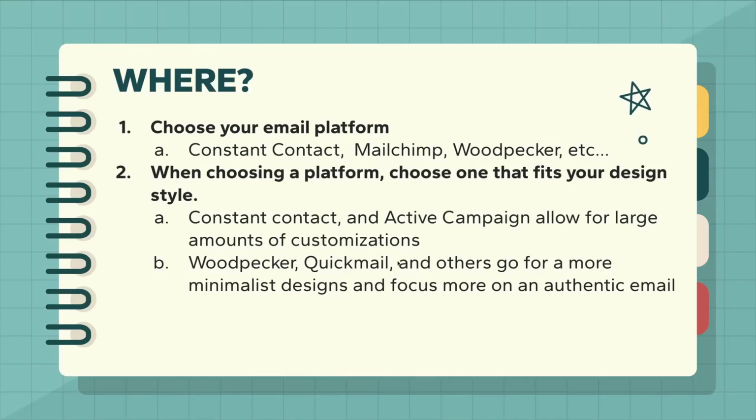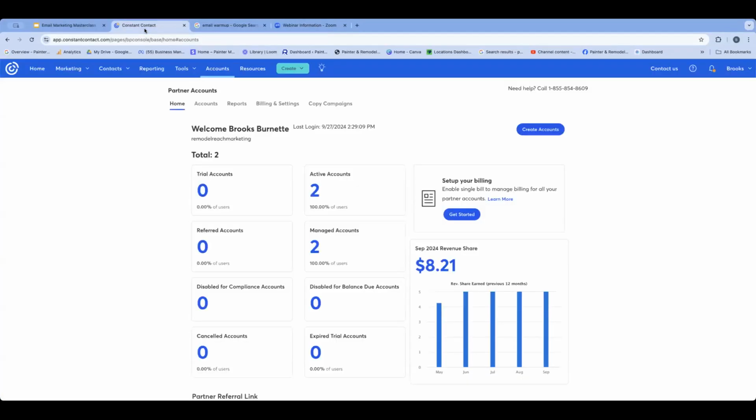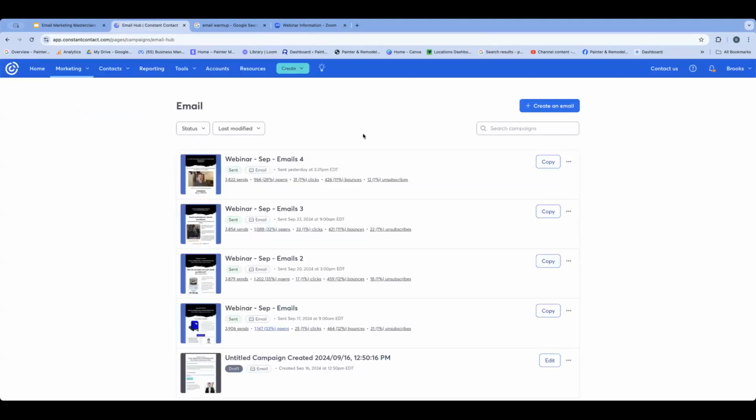And so, really quickly here, I'm going to show you Constant Contact. This is the one that I would recommend. I think it's great. It's an email marketing platform. And so, you've got all of these different things here, which I have a marketing account, but you can still do all the same things here. Once you create your account, you can come to marketing, email, and then I've got all the emails that I've sent before, but we're just going to create an email.